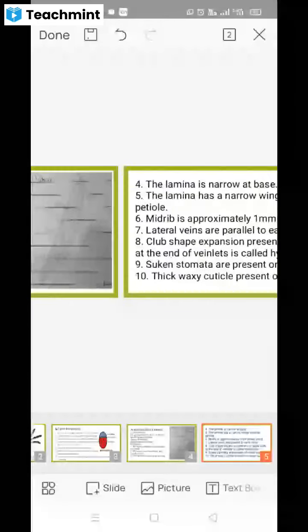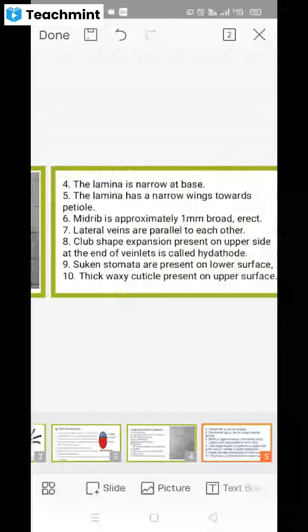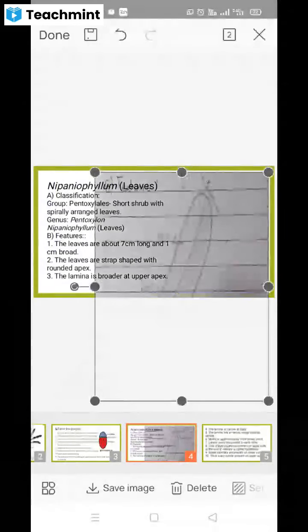So this is all regarding the Nephaniophyllum. First of all, in future, you have to write about the length and broadness of the leaves. Then its shape. This shape will be strap shaped and rounded at the apex. This lamina is broader at the apex and narrow at the